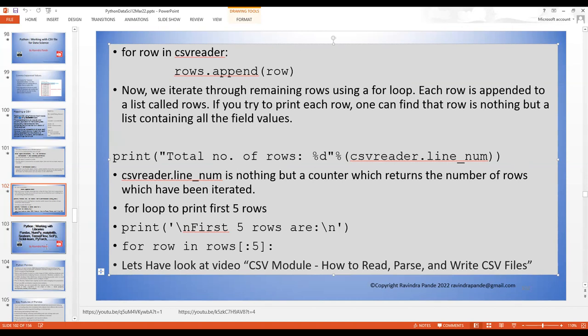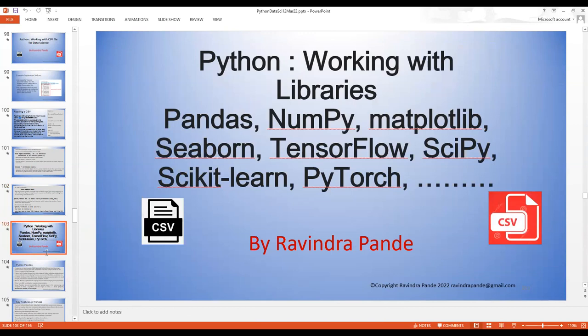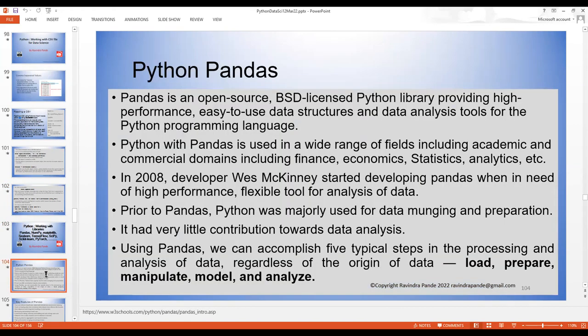And last time we also started on basically learning about these libraries. We started on Pandas. So let me revise these things. Pandas is basically used in a wide range of fields, including academic and commercial domains. So we use Pandas in various domains. Pandas is specifically used for data crunching, data preparation, data alignment, data cleaning, and we do this data processing like load, prepare, manipulate, model, and analyze data. The analysis part of it is quite